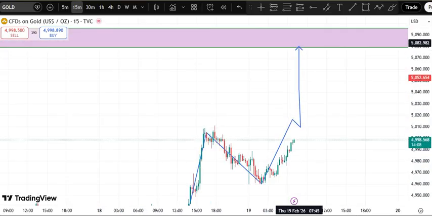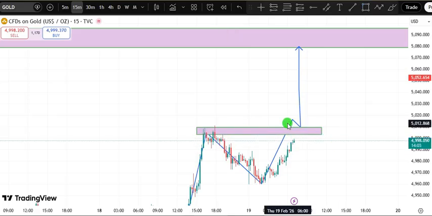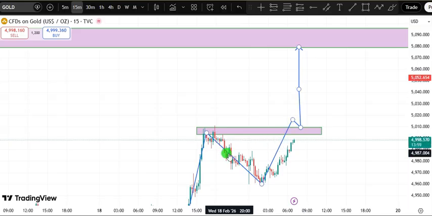So that means if it happens to break above this internal high right here, then we can go long after it has been broken. So that's for XAUUSD. All right, that brings us to the end of the analysis on the Forex market, where we analyzed the pound dollar, BTCUSD, and XAUUSD.